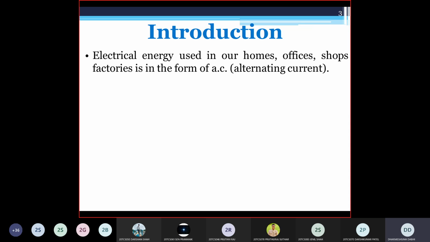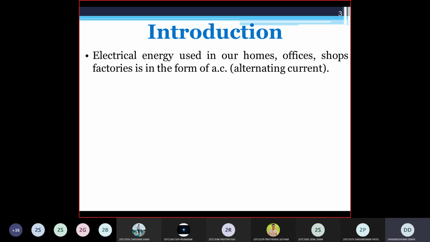Your current will automatically reduce because power remains the same. So what will happen? Your I square R loss will be reduced, because I square R loss depends upon two parameters: one is resistance and one is current. Your resistance is fixed once you decide the material and size of the conductor. So the second factor that decides the loss of power is the amount of current flowing into the conductor. So if you reduce the amount of current, then automatically the loss will be reduced.